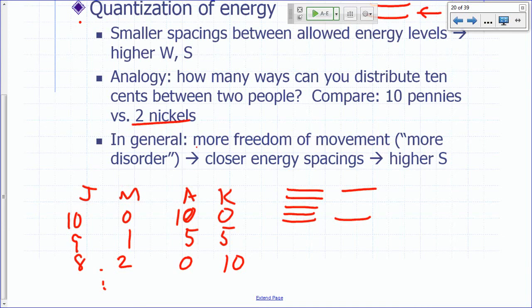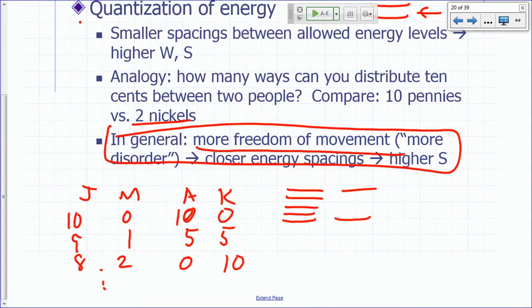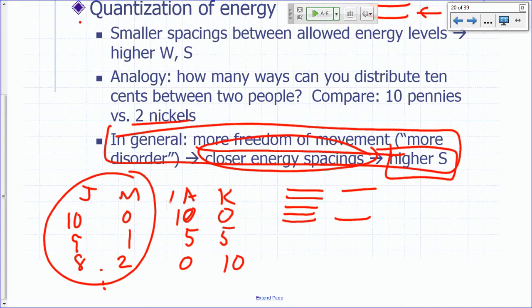So in general, this is one thing you'll find in quantum mechanics, the more freedom of movement the atoms have, we associate that with the notion of disorder. The more freedom of movement atoms have, the closer their energy spacings and the higher the entropy is. You can see this one right here, the 2 people who would accept pennies versus the 2 people who would only accept nickels, you get a higher entropy for the people who would accept pennies. So the closer the energy spacing, the more the freedom of movement. So let's